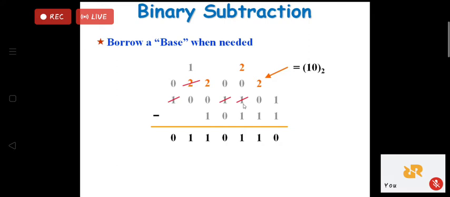So you convert this binary number into a decimal number, convert both of these two numbers as decimal numbers, and verify whether you have got the answer correctly by using the manual method. Of course, we are going to see binary subtraction by using complement. Whenever there is a negative number, it is to be represented in the form of a complement of a number, and then we are going to see again the subtraction by using the complement method.